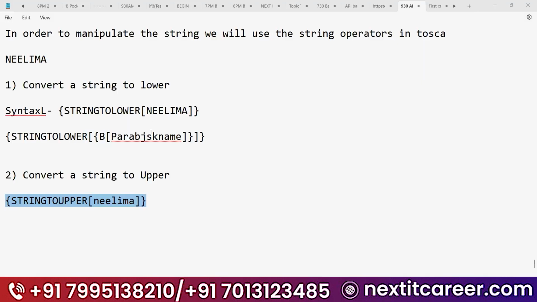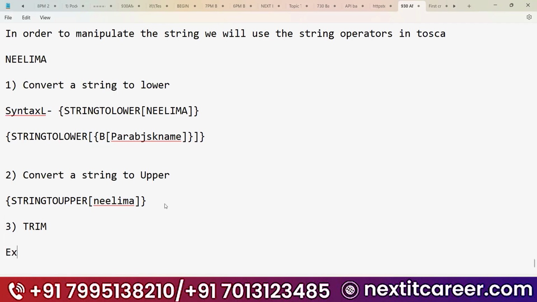Okay, guys, I'm back. So now what are we discussing? Yes, we are discussing converting to upper. Instead of name, you can also use the buffer values. Next one, very important one, is trim. So the next string operator is trim, guys.